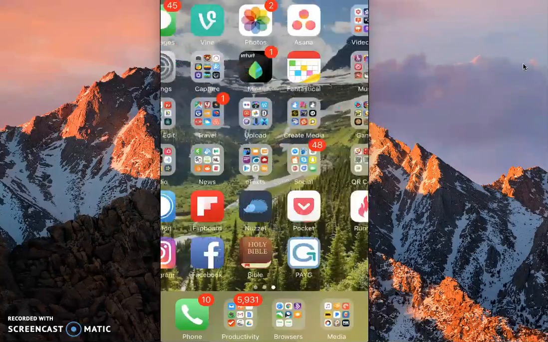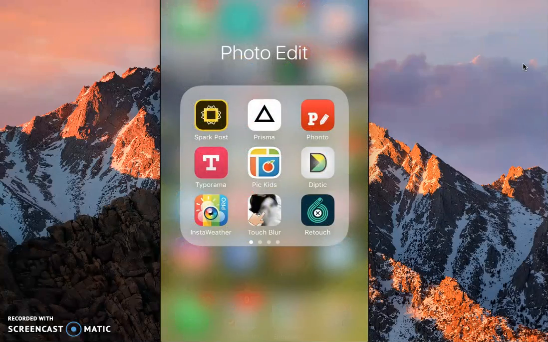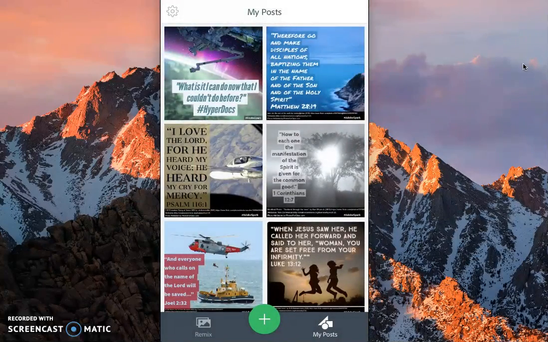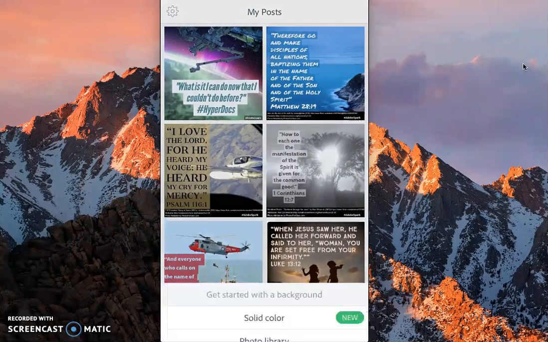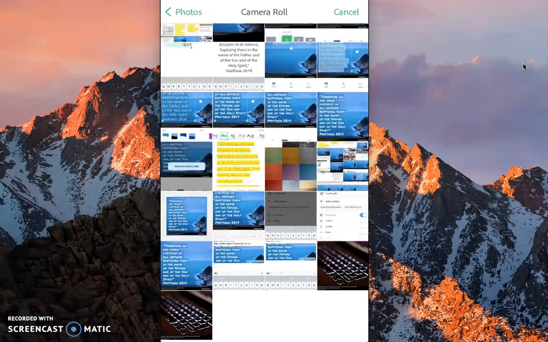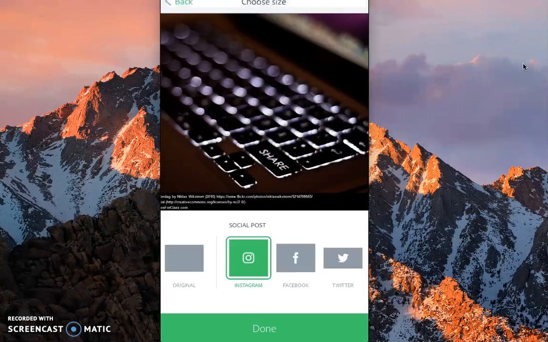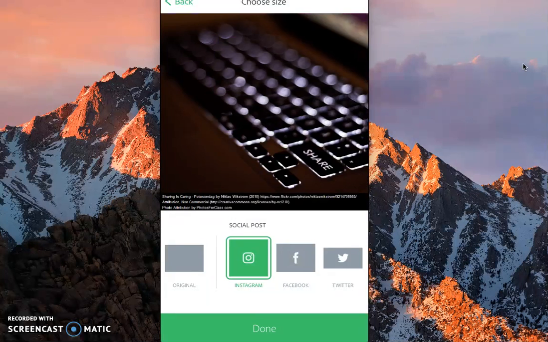So now I'm going to switch over and open up Adobe Spark Post. And so here's Adobe Spark Post. I'm going to tap the plus to do a new project and choose Photo Library. And then I'm going to come over and select my picture. And I'm going to tap Choose. I'm going to leave it for a social post, which is square, using the Instagram selection, but I'm going to move it over to the right so I can fully see the attribution there at the bottom, and I'm going